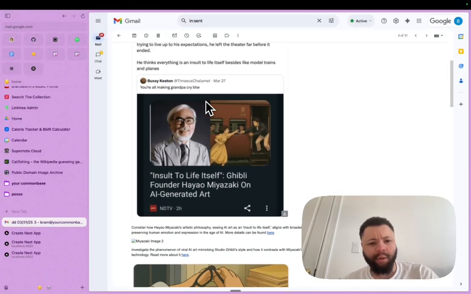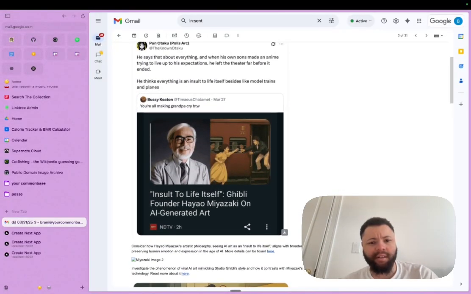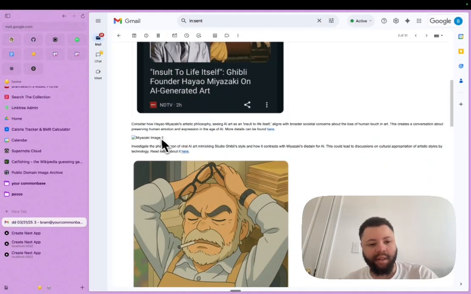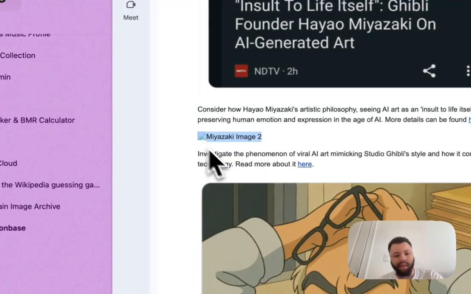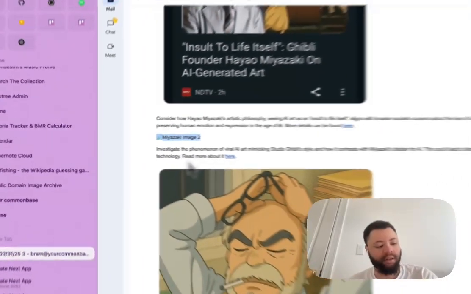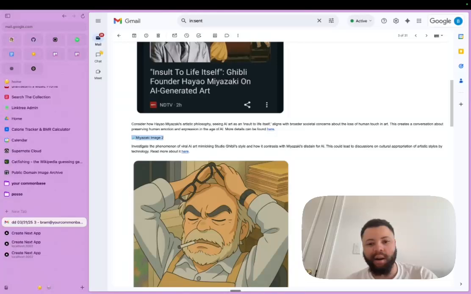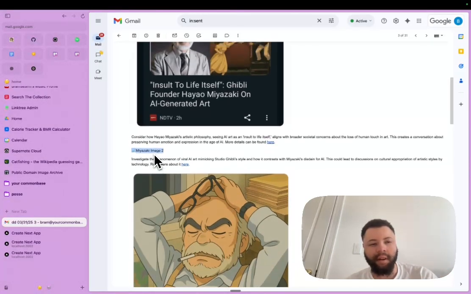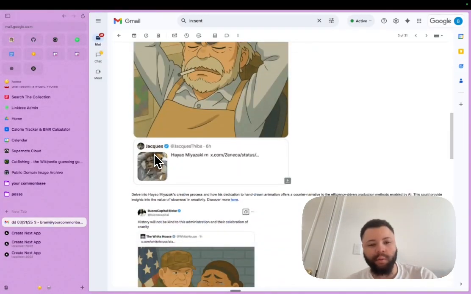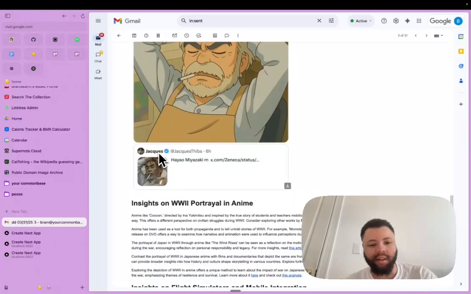I noticed that it does a lot of repeats. You know what I mean? There's some images that don't come through because the machine learning model still hallucinates at times, and it doesn't really have a good concept of deduping. So we can see that this one is kind of like done twice, right?